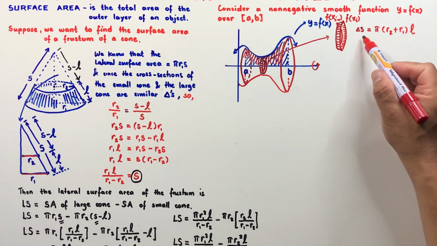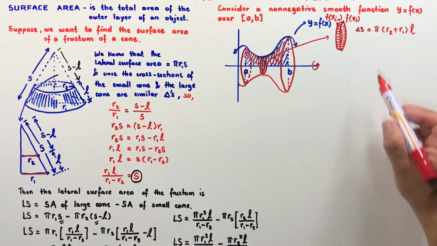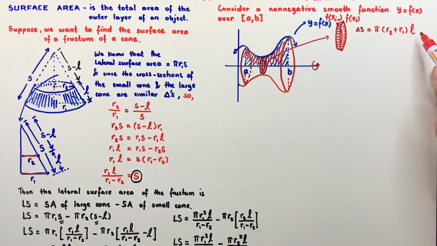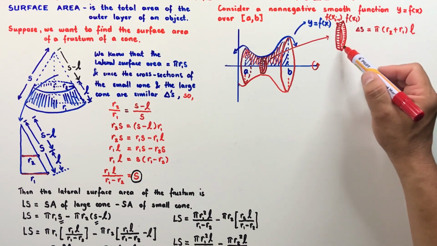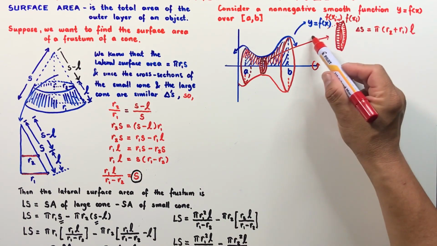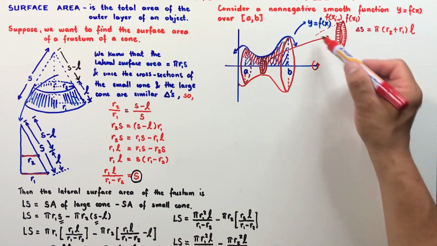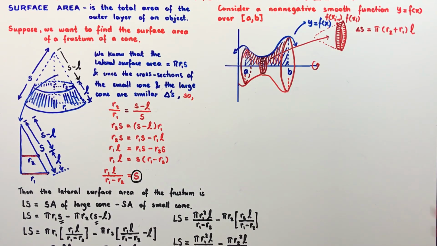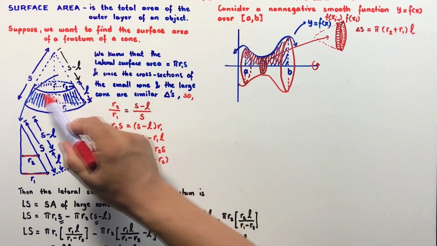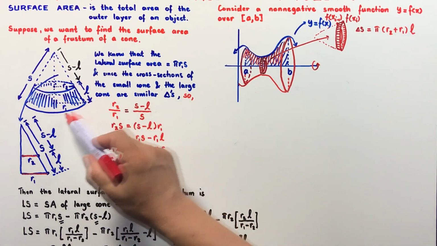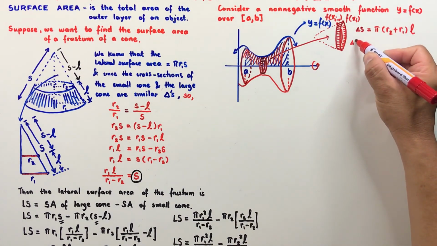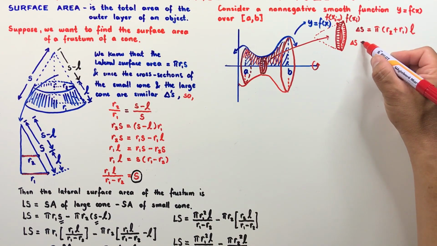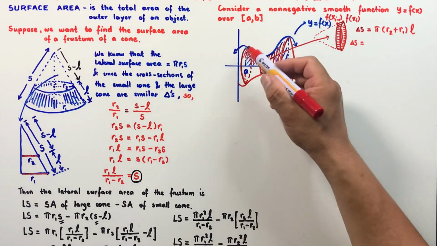Because this is the formula that we have derived, the formula of finding the surface area of a frustum of a cone. And this looks like a frustum of a cone here, because if you draw a dotted line, you form a cone. So I'm just using the formula that we have derived in finding the surface area of this frustum of a cone. And we know by substitution that this incremental surface area, when we slice the whole surface into many slices,